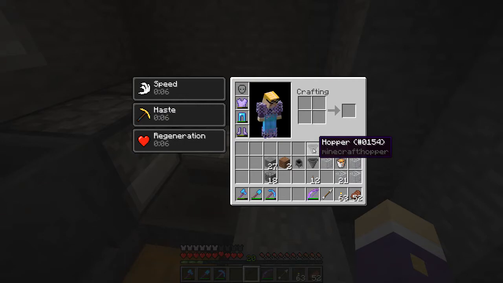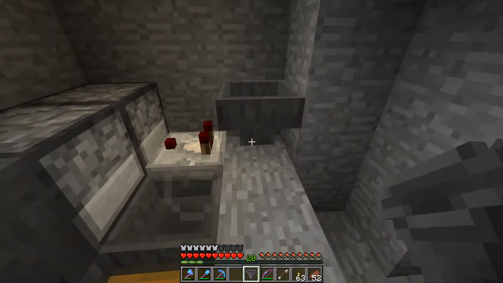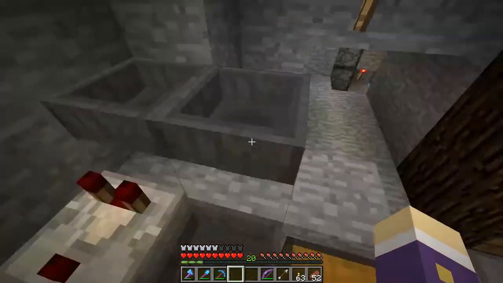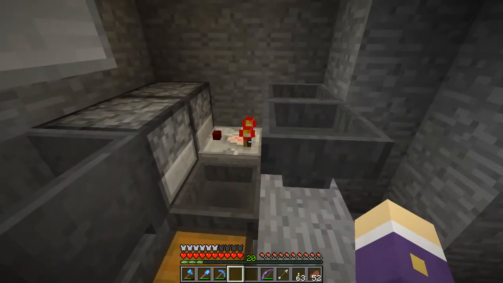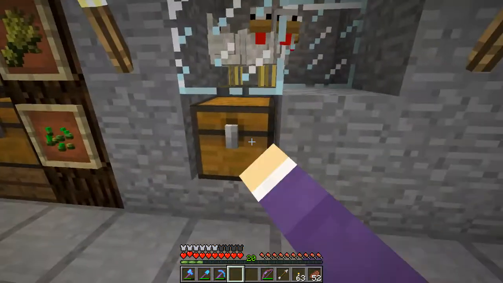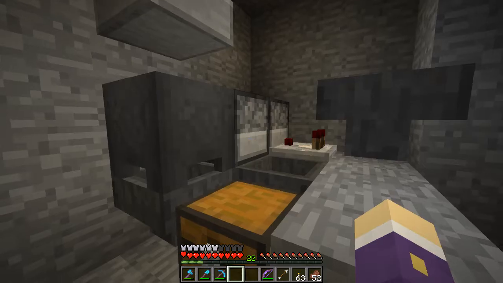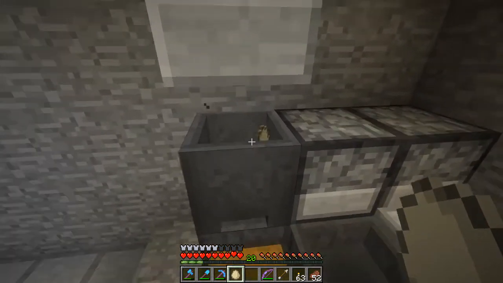Now, I can do a simple hopper clock here. Let's do it this way around. Very simple hopper clock here, just to put an item going backwards and forwards. Let's put 2 dirt in for now. So that's just going to literally click those over and over again. Let's put the first 12 eggs in, and let's see what we get. So if I put 12 eggs in there, they're going to fire out into that. And hopefully...